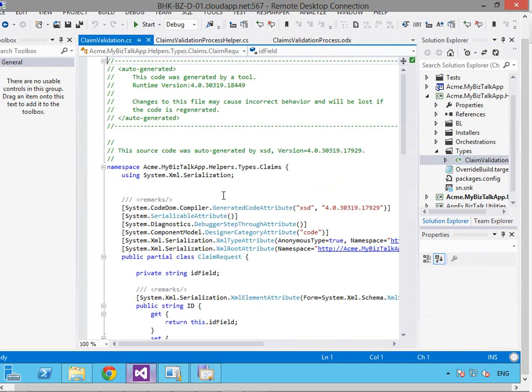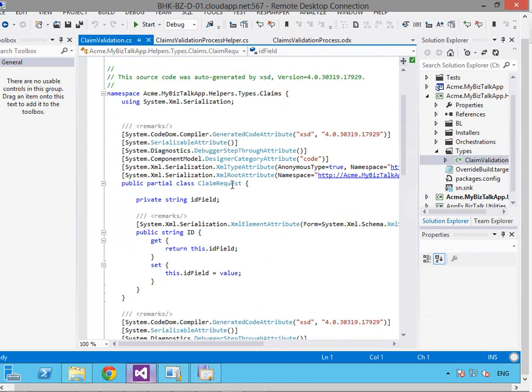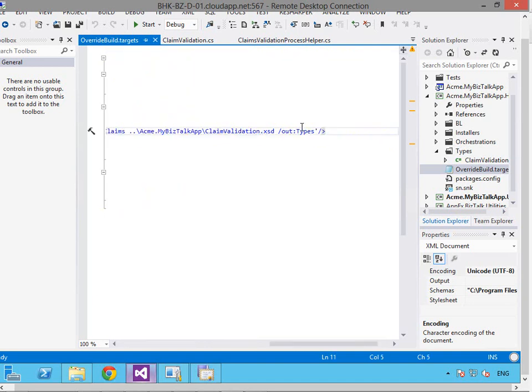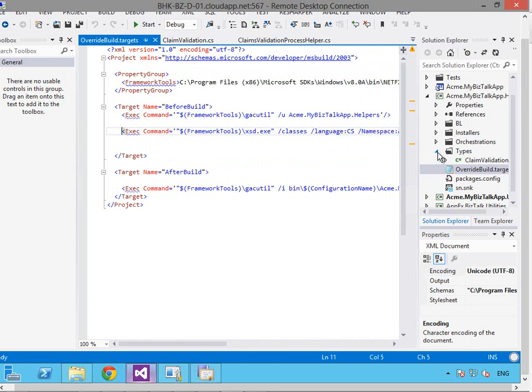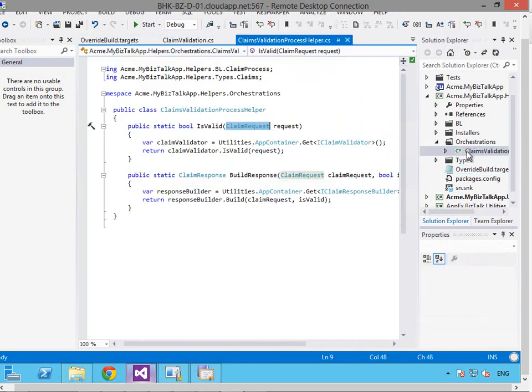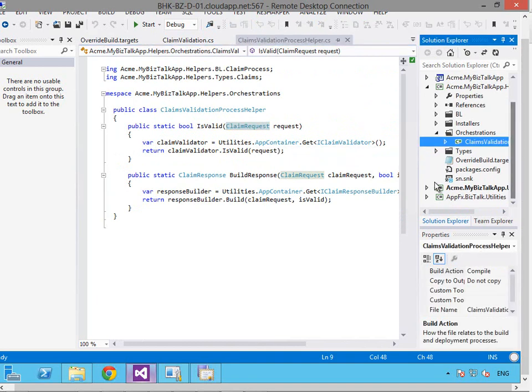So that gets generated in here as a .NET type based on some MSBuild I've got in the override build.target, which will just run xsd.exe and generate some classes from that schema. Now what happens then, if you imagine here, I'm going to request my app container, and this is going to